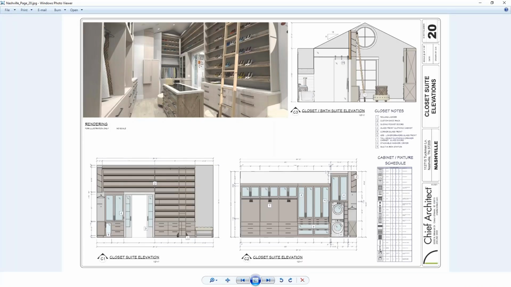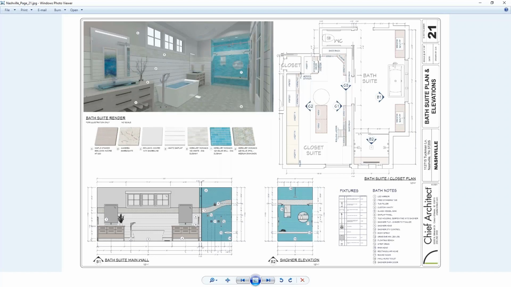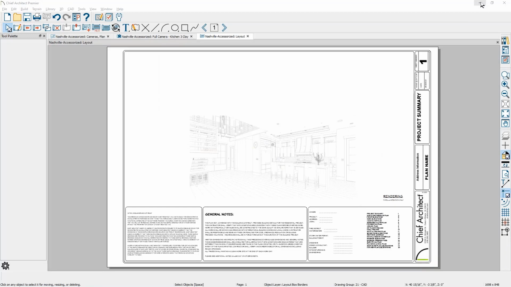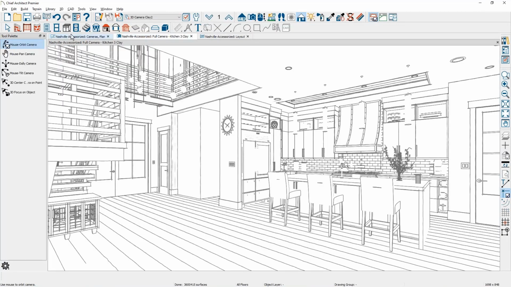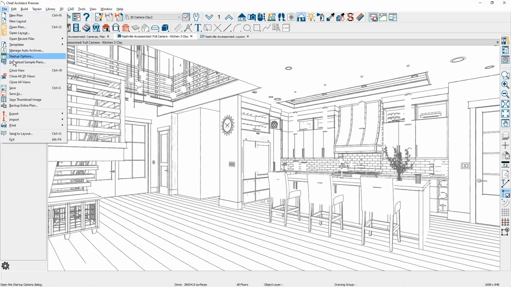When I send some of my renderings out onto the layout sheet, I will actually export the image and not send it directly to the layout. So I'll export it as an image. It's sitting in my computer folder, and then I drag it into the design. So I find when I do this, I get a more controllable resolution. So the steps that I typically do would be in the 3D view, you can come over and you can go export